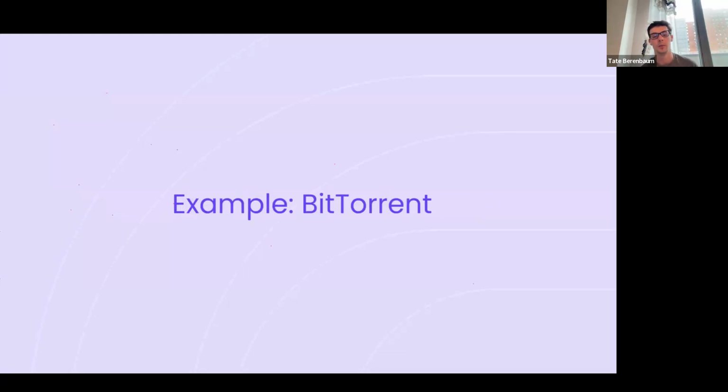Another example is BitTorrent. So BitTorrent in the early days actually accounted for a large amount of the internet's bandwidth, and a large amount of the interactions that occurred on the web. And it worked with a very simple mechanism called optimistic tit for tat. And the idea behind the way BitTorrent works is, if you are essentially a participant in the network, you have an incentive to share information with other people, other participants in the network.